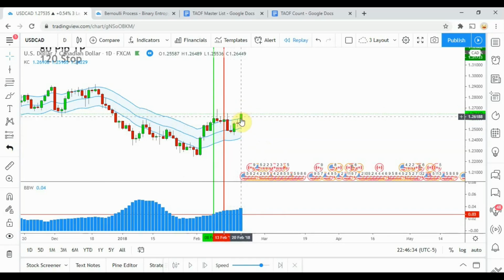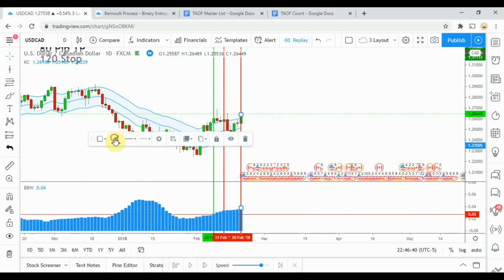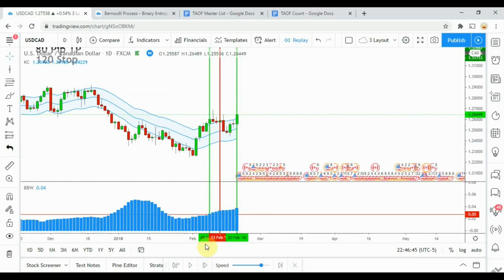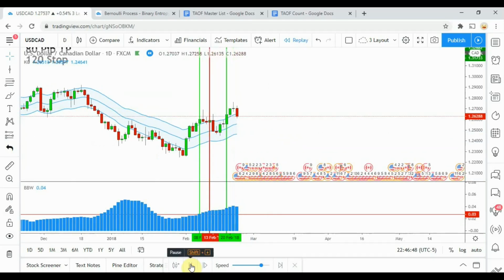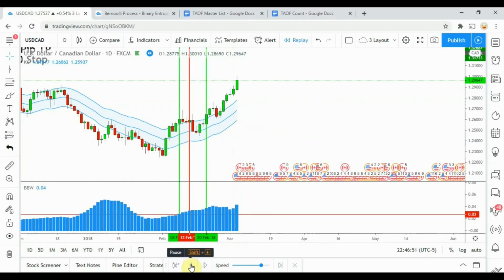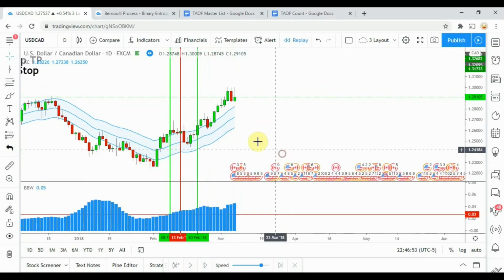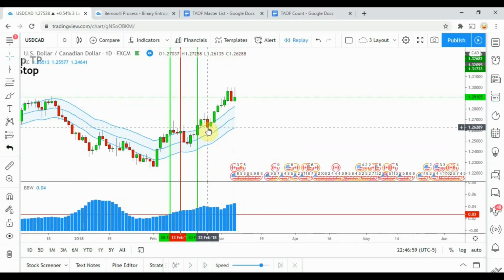You see that right here we get another break above the upper band of the Keltner. We close outside of the Keltner channel. Now let's go ahead and play this forward. You see that that one takes off rather nicely. If we would have been using the first take profit and stop, we would have been stopped out right here for break even, but we could have picked up another valid entry, a continuation trade right here on this candle,